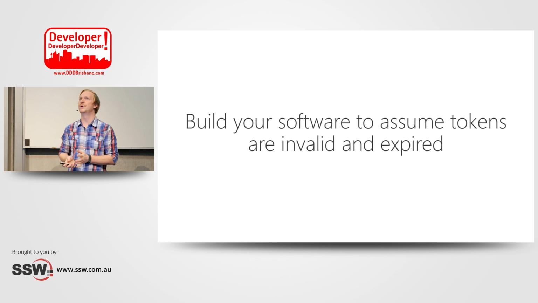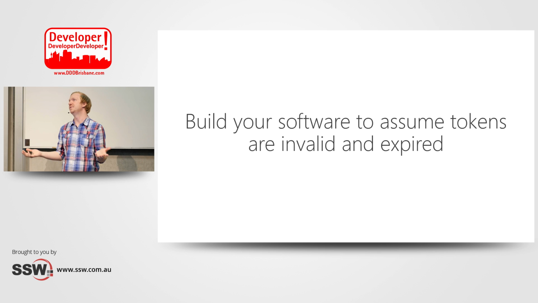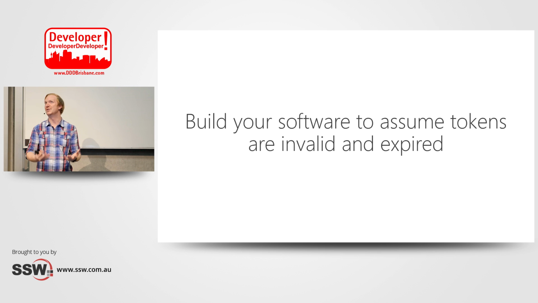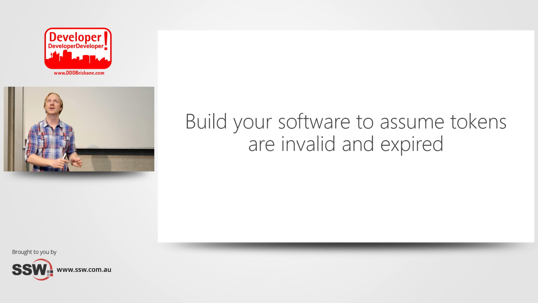And we want to build our software assuming that tokens expire. Imagine that we are calling an API that is rate limited. Maybe you wouldn't rate limit an API a lot in 2015, because we can pretty much scale out anything. And if we have the problem of a lot of people using the API, that's pretty much a good problem. But rate limiting is a good practice to start off with, especially when you're introducing a new API, because if there's a problem, you can just turn everything off really quickly without shutting the